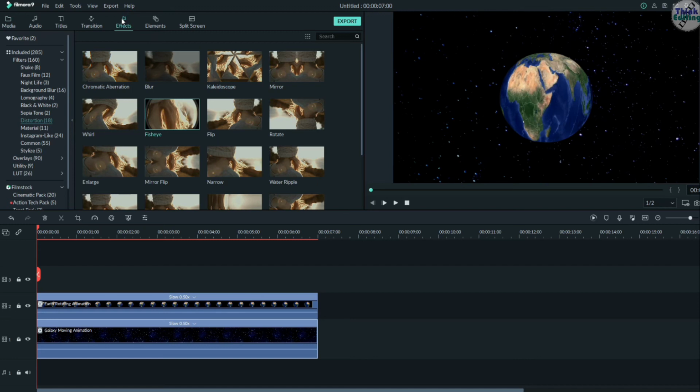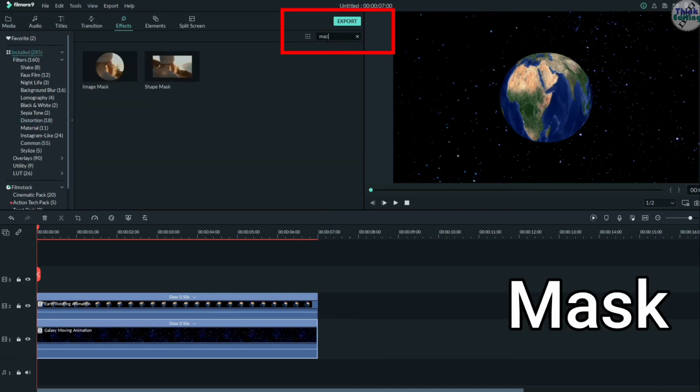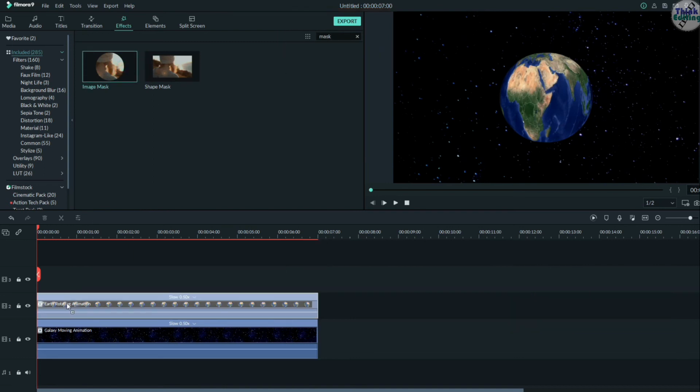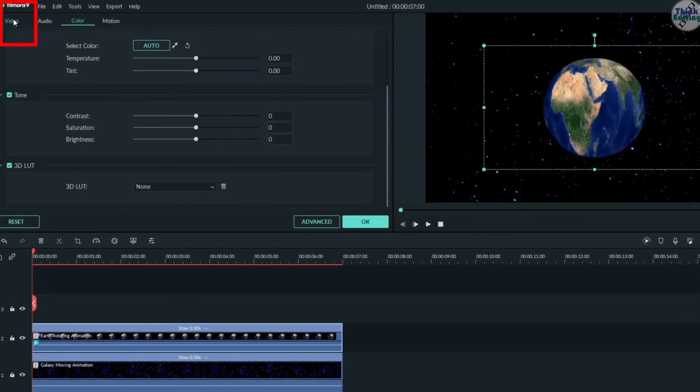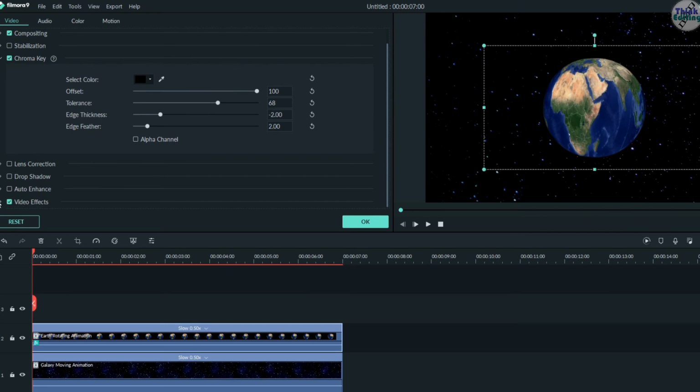click on effect and drag down the image mask to the second layer. Now adjust the mask in the video effects panel.